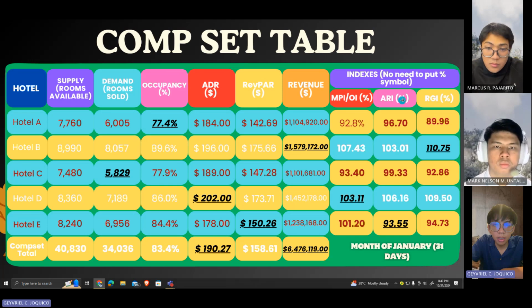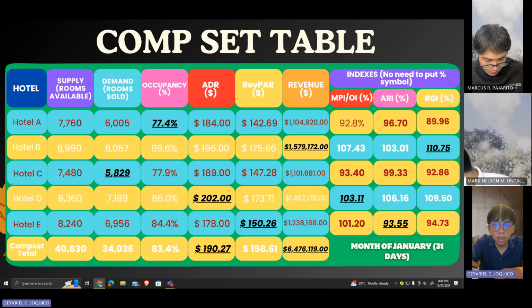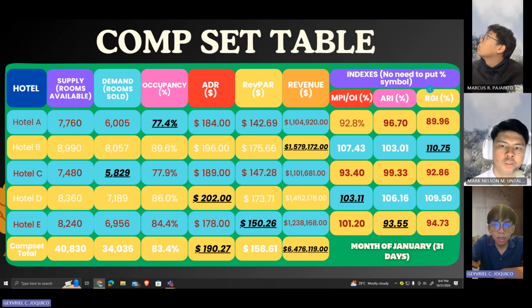As for number 7, the Hotel B MPI OI is calculated by dividing occupancy by the occupancy total and multiplying it by 100 within the month of January. The occupancy for Hotel B is 89.6%, while the occupancy total is 83.4%, then multiplied by 100. In this case, Hotel B has an MPI of